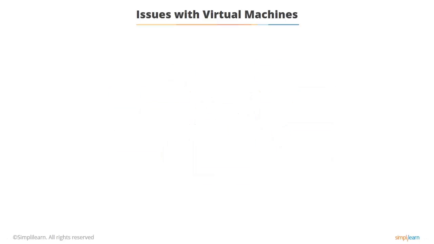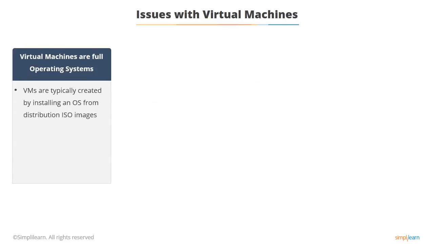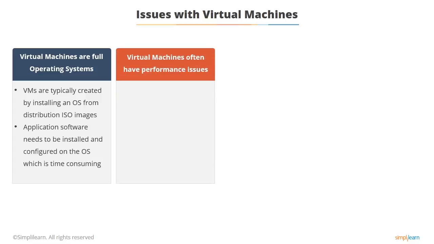It's really neat. But virtual machines are full operating systems, and that means you have to do an installation. When you start up the virtualization software, you have to install the OS from, say, an ISO image. Then you have to install all the application software on top of it and configure it, which is quite time-consuming, though once you've done it, you can clone it any number of times you like. Then you've got performance issues. Memory is usually the big one. If you've got a machine with relatively small amounts of memory, the host operating system will grab some of it and won't leave enough for the guest, which is a bit of a problem.